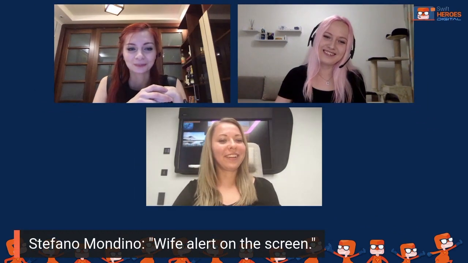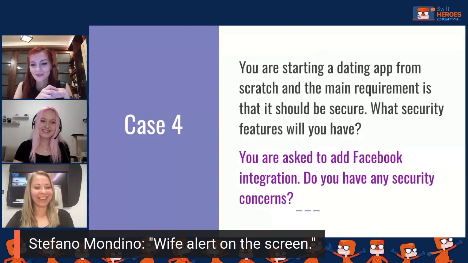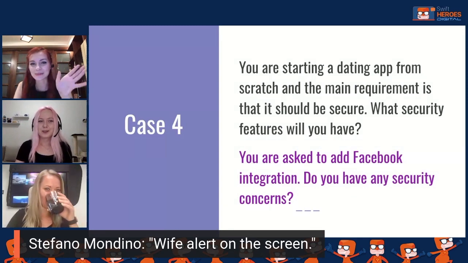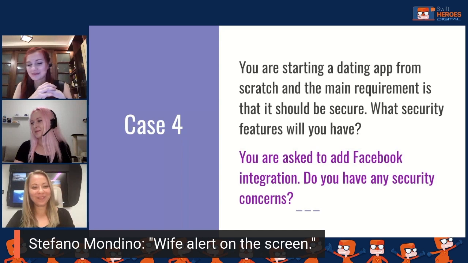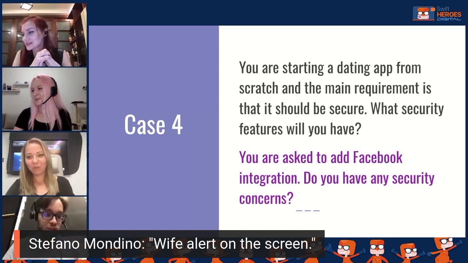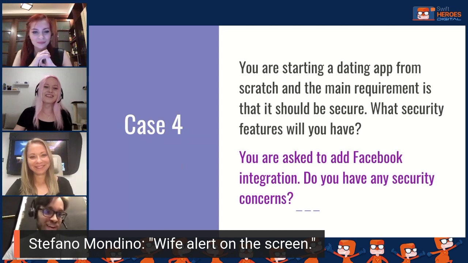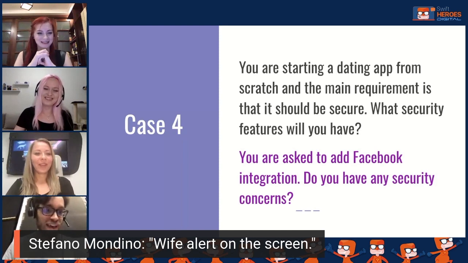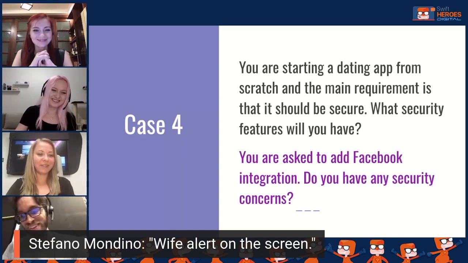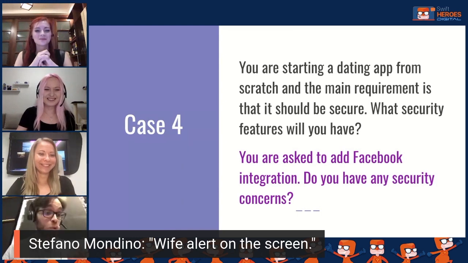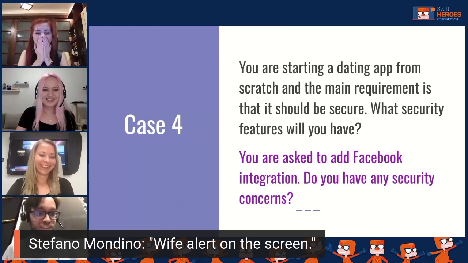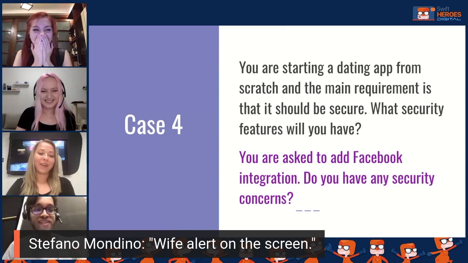Yes. Alert on the screen. Stefan wants his stickers, I think. Let's skip this one. Casper says two-factor authentication. No, girls, it's just a joke. Of course, my wife is working on the team here, so she is reading everything. Just to clarify that. Good luck to you today, Stefano. Have a nice evening. I wanted to win the cat stickers for her as well. So keep on going. Sorry about this.